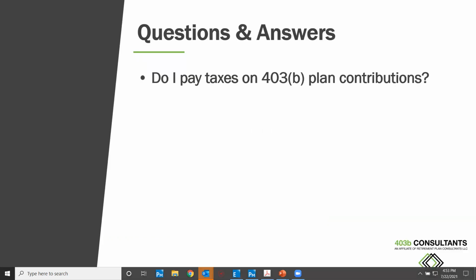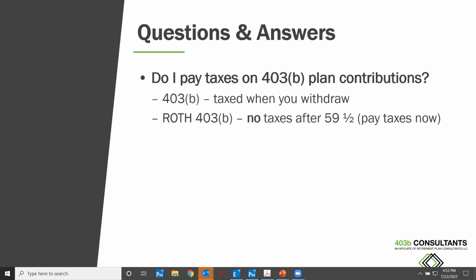A few of the questions that we get, do I pay taxes on the 403B plan contributions? There's definitely two different kinds of 403Bs that we have on this plan. One is a pre-tax 403B. It's taxed when you withdraw it come retirement time, but when you contribute, you get a tax savings on your W-2 right away. So the IRS subsidizes you right away by lowering your W-2 on how much you contribute,